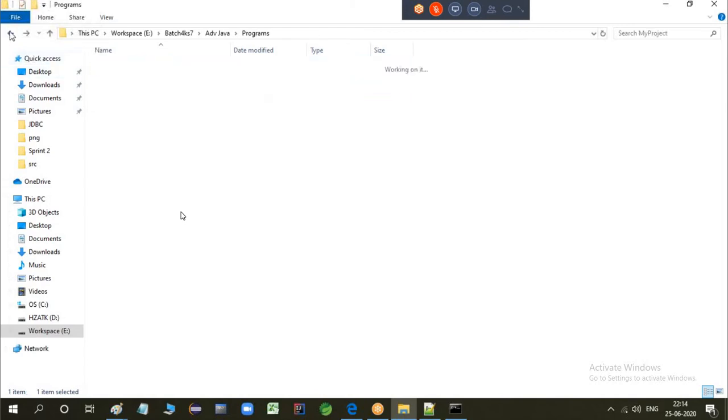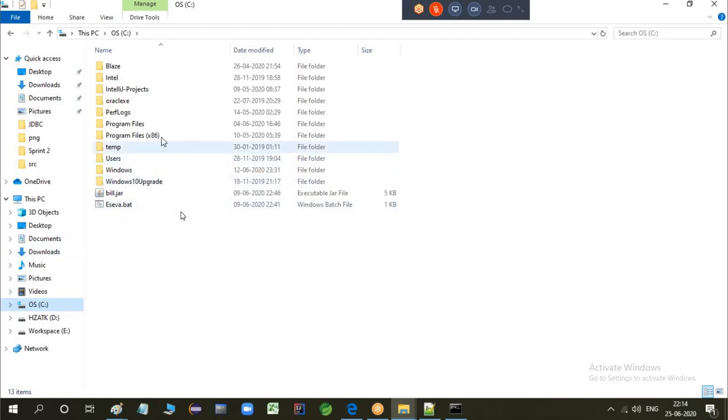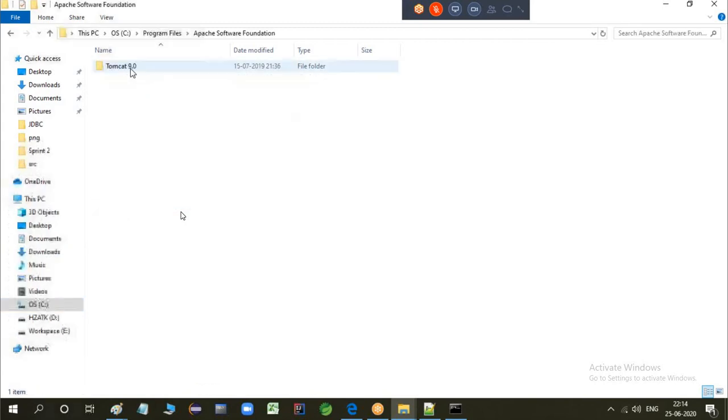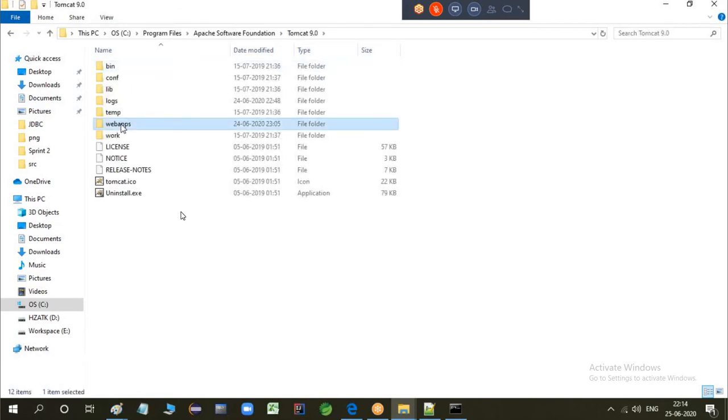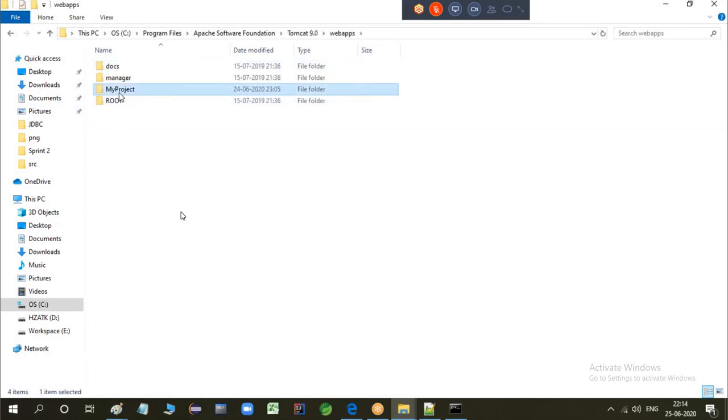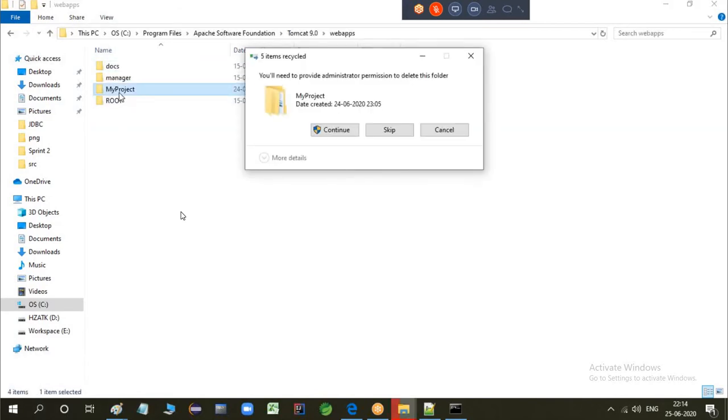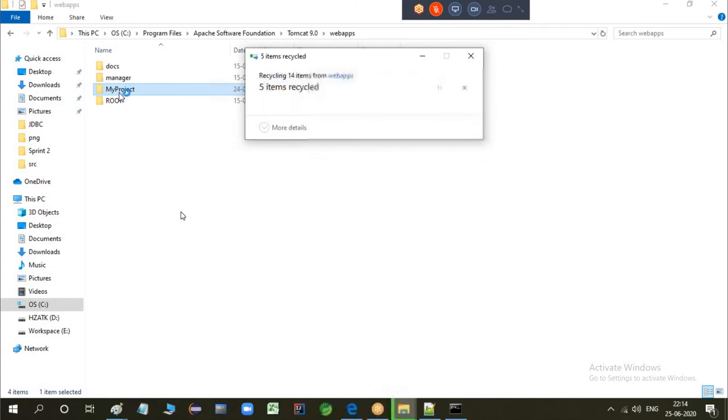Now take this project and deploy it in the server. Copy this project. Go to the C folder, Program Files, Apache Software Foundation, Tomcat. In the webapps folder, replace the project.